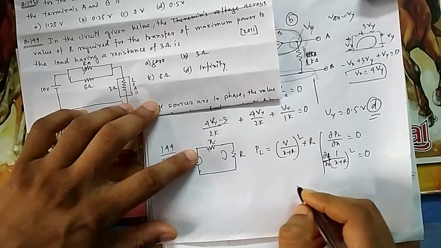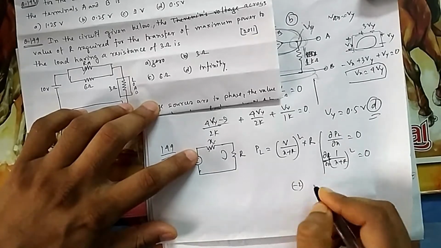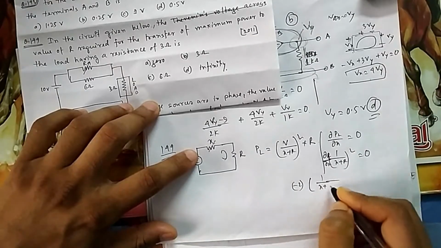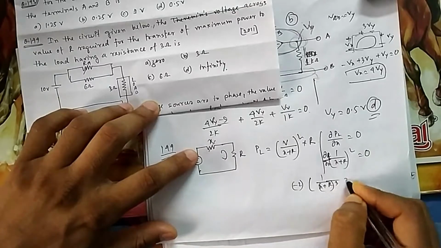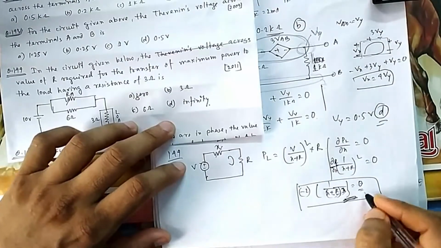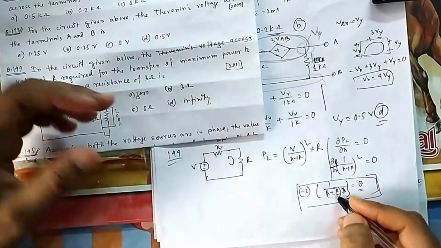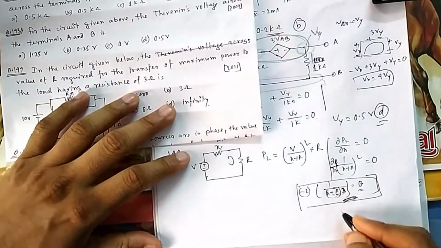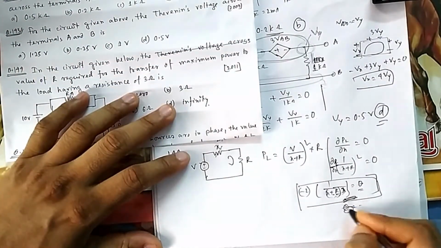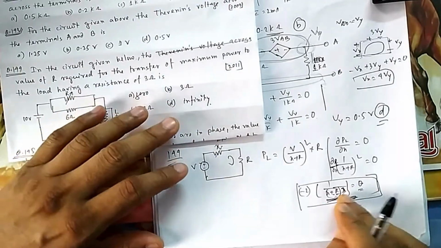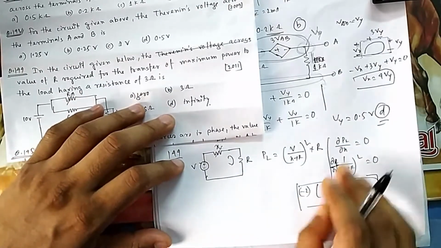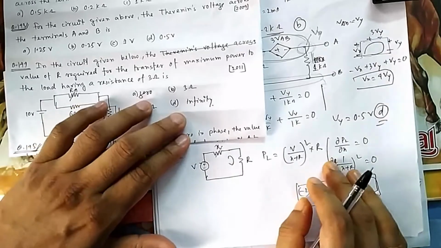So what will be the differentiation of this one? This one differentiation will be minus 2, 1 by X plus R cube, that is equal to 0. So you got nothing from here, no conclusion, because if you take the product it is 0, so nothing is coming out of this. You are not able to find any value of X, so this differentiation doesn't hold here. You are not finding it.